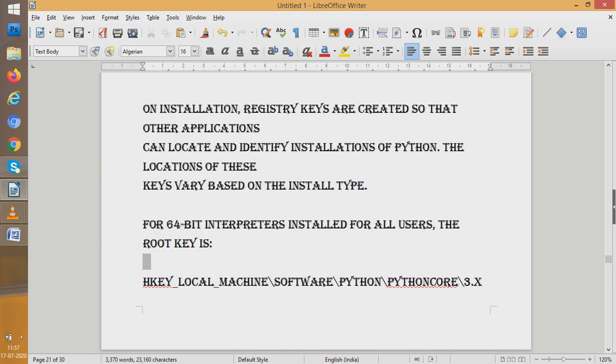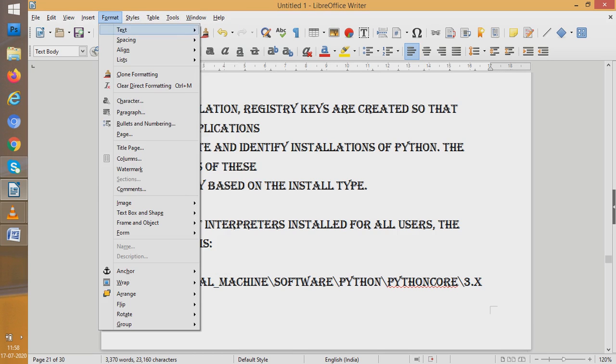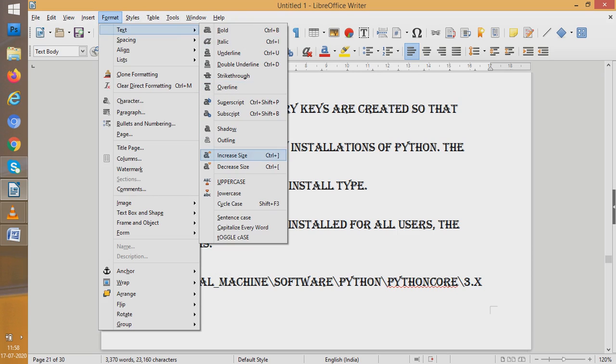Now students, there is a word called indentation. Now what is indentation? Now this is a document which is starting at a distance of say 1 inch from the start of the page. Suppose that it is starting from 1 inch to the start of the page. Now I want to make the distance of the start of the document more than the distance from the page. How can I do it? I have to go to the option increase indentation. What is the option? Increase indentation. Now in format we go to text, and in text there is the option increase indentation.